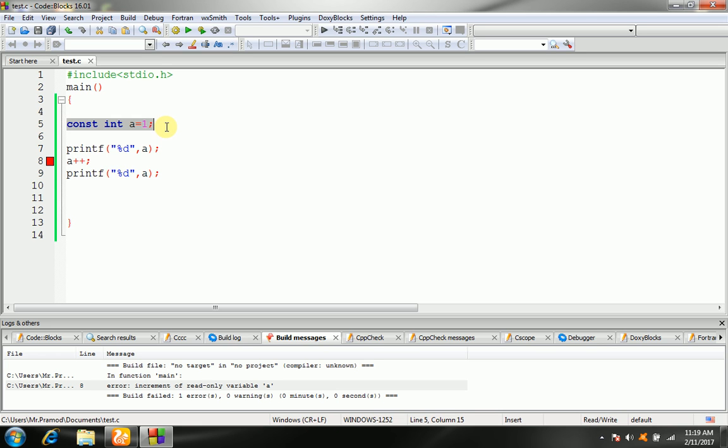String literals. Integer literals can be decimal, octal or hexadecimal constants.